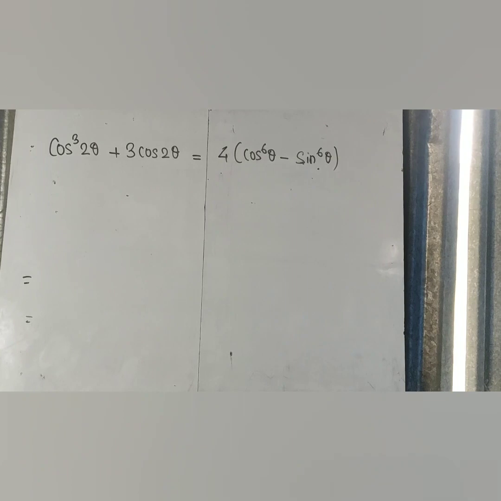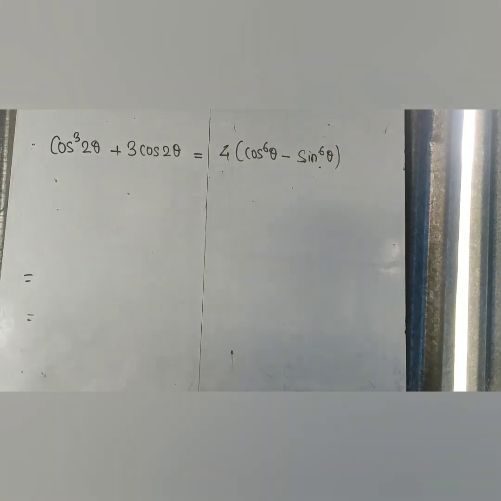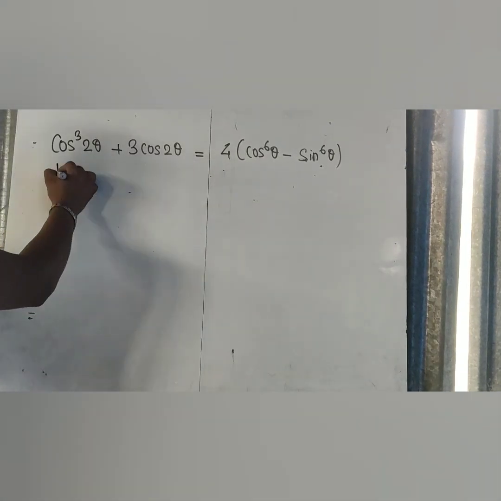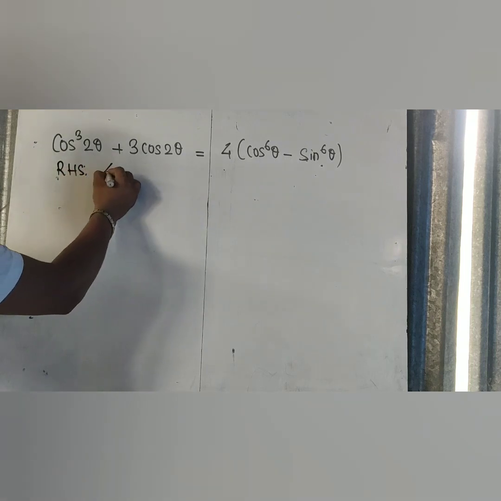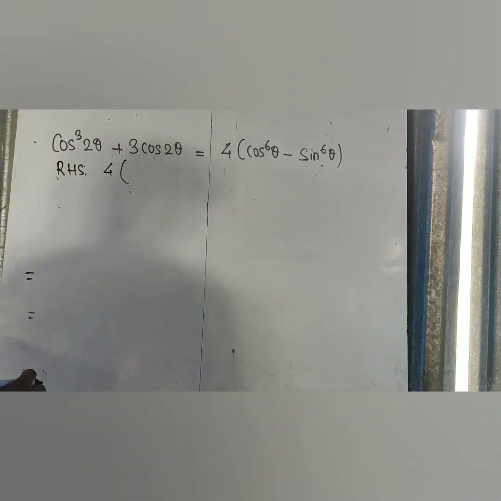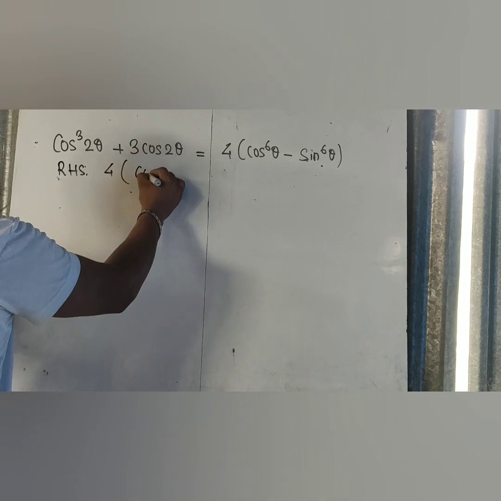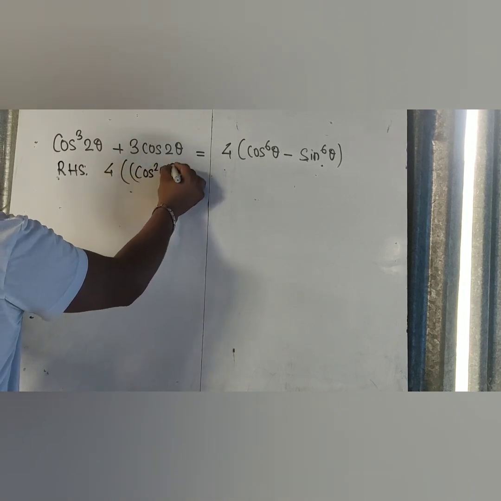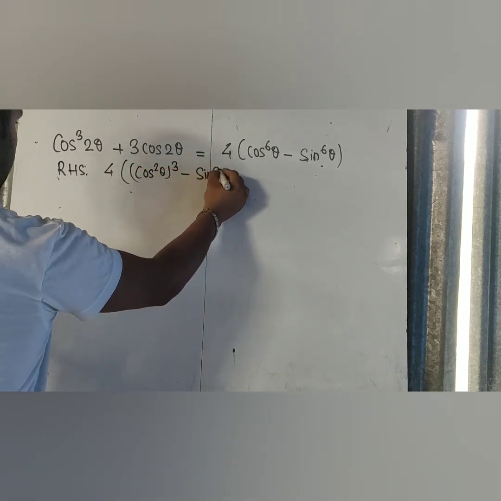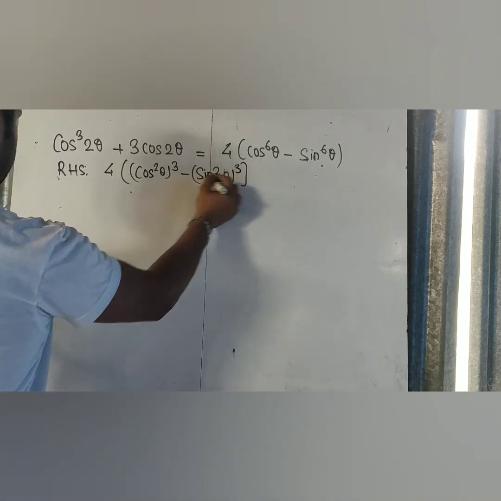So we're going to start this problem from the right hand side. It looks easy from the right hand side. So I'm starting from the RHS. You have 4 here. You have cos power 6 theta minus sin power 6 theta. So when you change it in the formula of a cube minus b cube, it changes to be